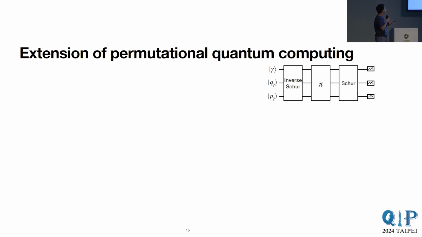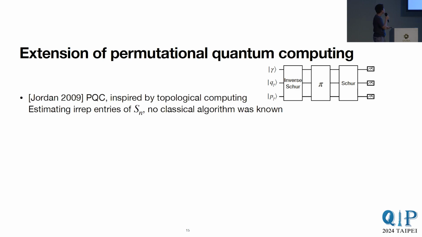So for the last application that I'm talking about in this talk, the last application is not related to unitary equivariant channels. It's about an extension of a computational model called permutational quantum computing, or PQC. This model was introduced by Jordan in 2009, and it looks like the following. You first prepare a state in the Schur basis, then you permute the qubits, and then perform a measurement